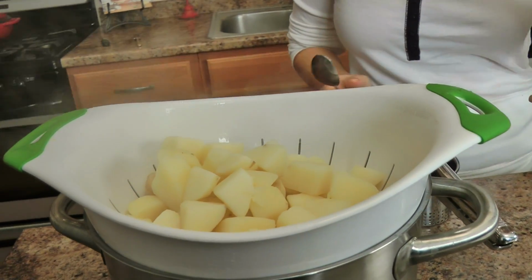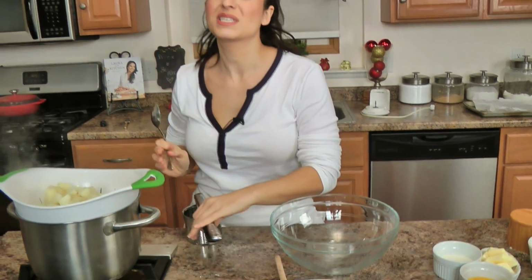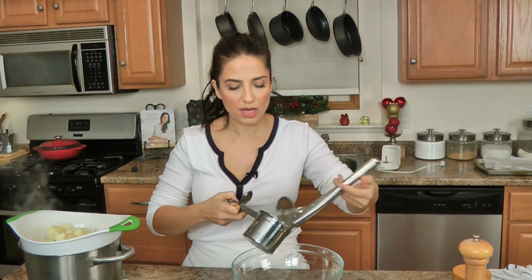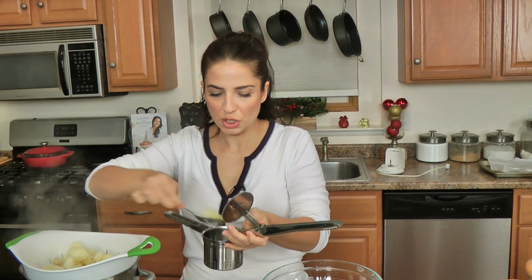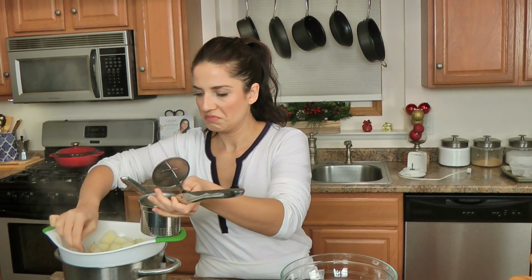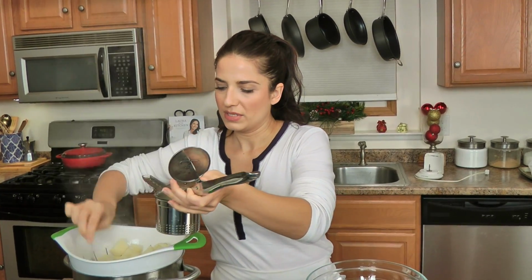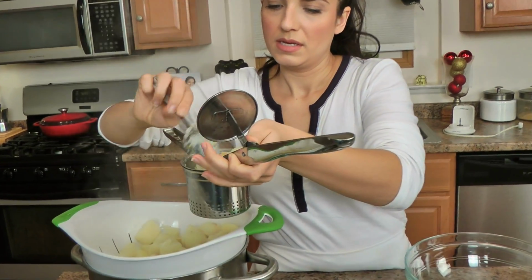Once your potatoes are soft, I just drain them. And I like using a potato ricer for this because I want to make sure everything's really, really smooth. But you can use a regular potato masher. You take some of your potatoes and garlic. You fill your ricer about 3/4 of the way. Not more than that, otherwise it'll be a little bit too hard to...